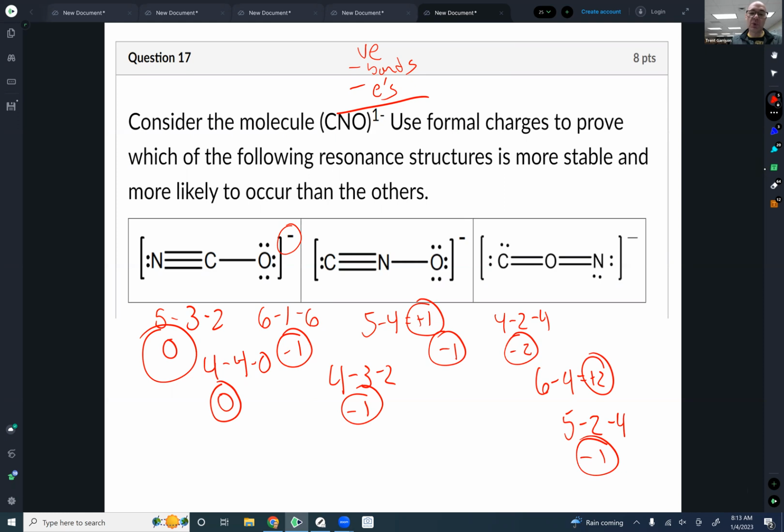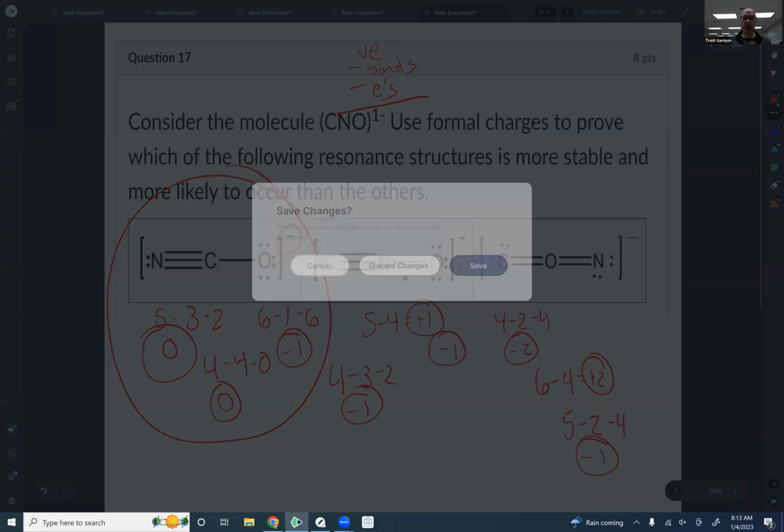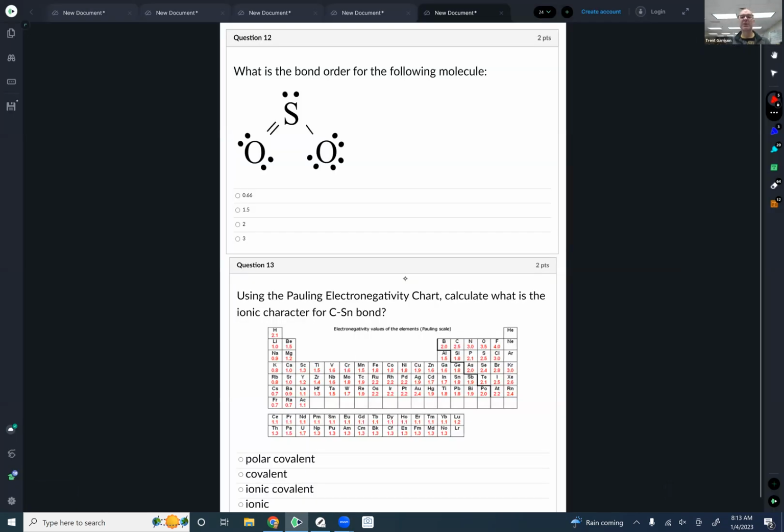All right, you always go with the most likely structure being the one with the most zeros, or the values that are the closest to 0. And so that is the first structure over here. And that is everything that I need for you to show me, to prove to me that you understand your formal charges. This will conclude our first portion of the test dealing with the free